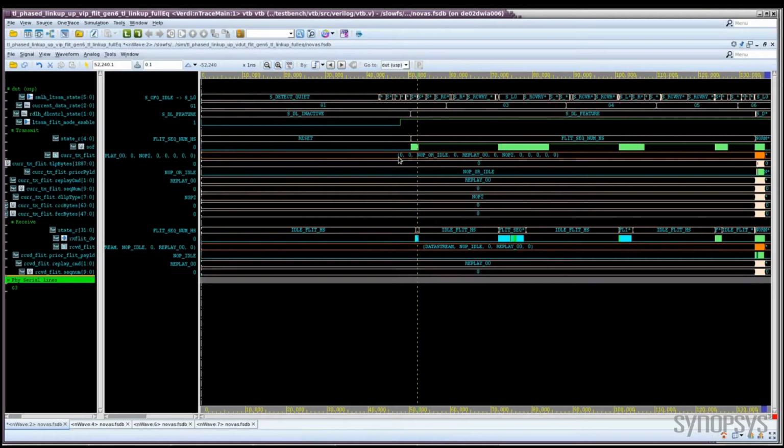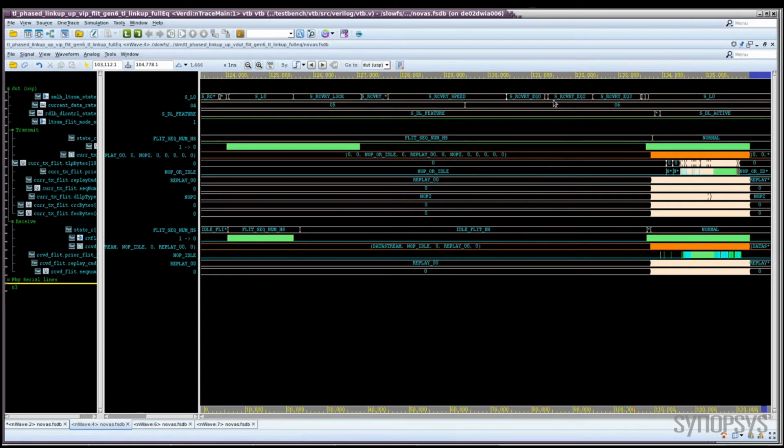Here we're showing the waveform from the simulation of the Gen 6 controller. Both sides of the link have negotiated FLIT mode, and we enter L0 at Gen 1 speed with FLIT mode negotiated. We then proceed to Gen 3 to perform equalization at Gen 3 data rate. We move on to Gen 4 data rate and perform EQ, and also repeat at Gen 5, before finally performing equalization at Gen 6 rate and getting link up into L0 at Gen 6 FLIT mode.